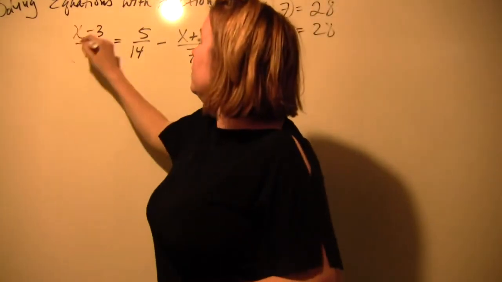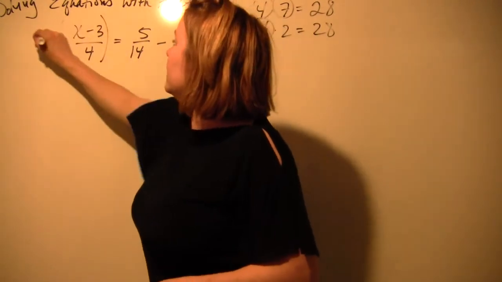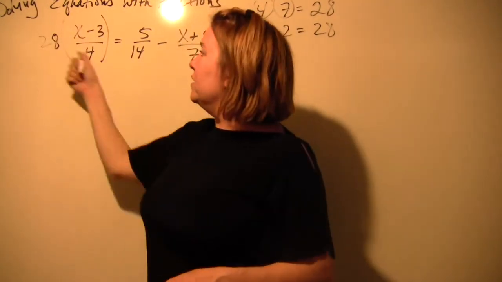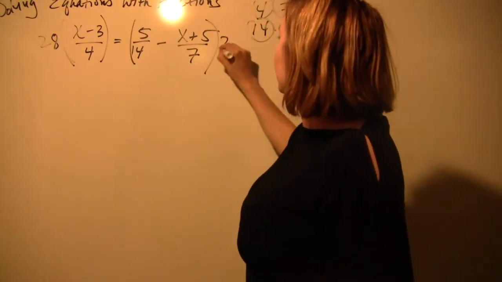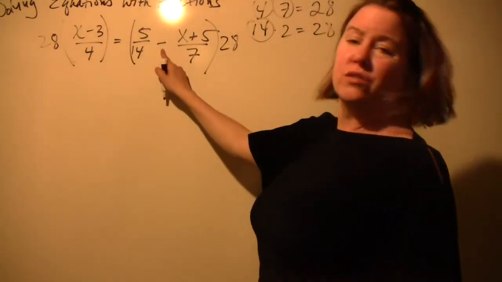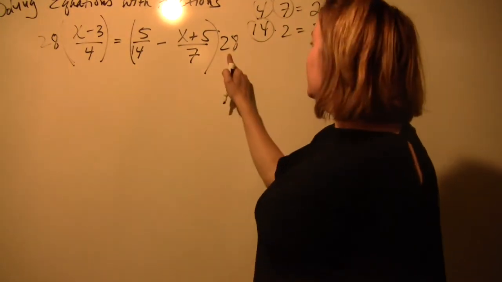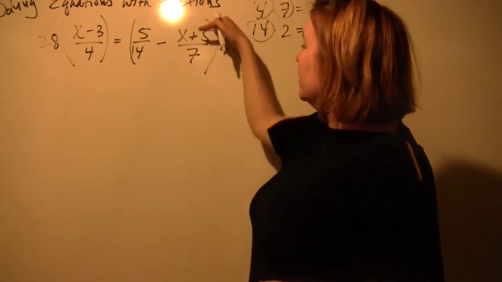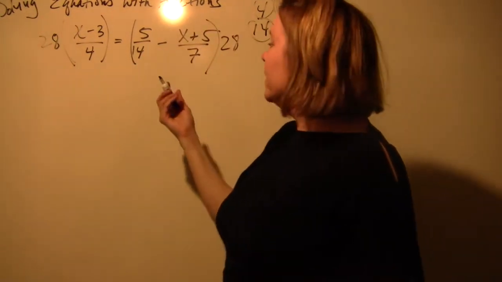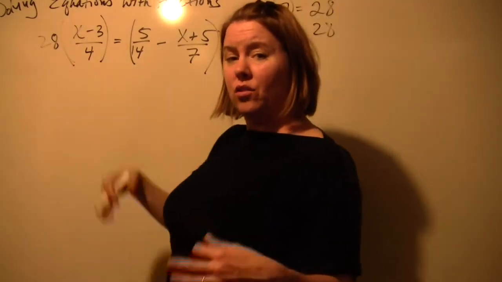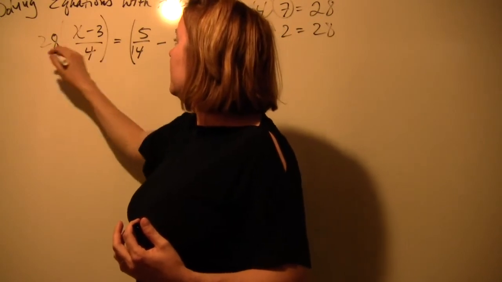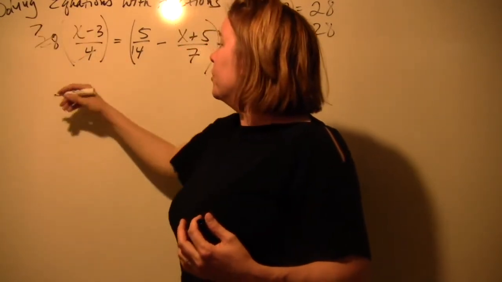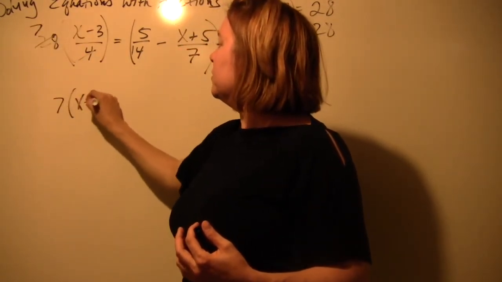Okay? So what you do is you make big parentheses. That 28 means 28 times that. And then you make big parentheses with the 28 here. But if you notice, there's a minus sign there, so this 28 needs to be distributed to both of these. Over here, we can go ahead and do 4 goes into 28 7 times and get rid of that one. So we're going to bring that down as 7 times x minus 3